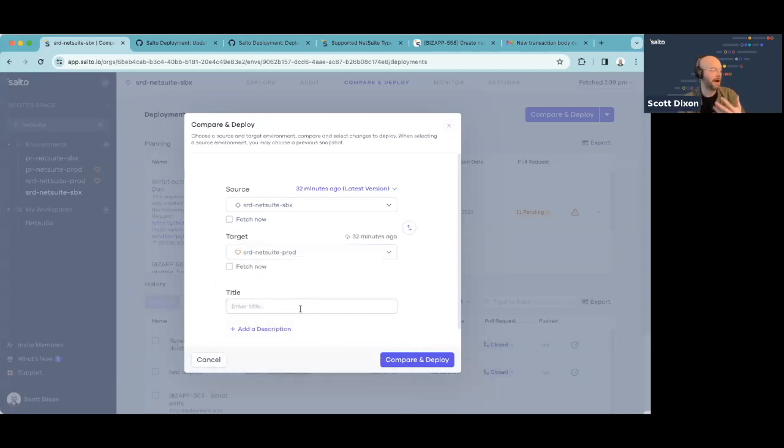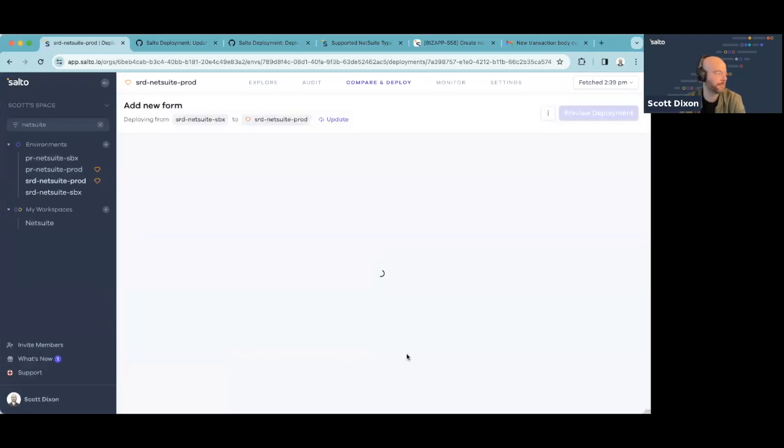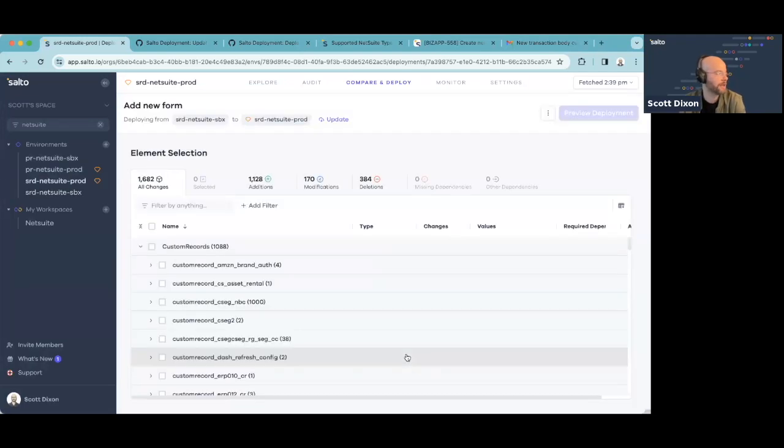production environment. Now, I'm going to also use this as an opportunity to demonstrate how to move a form across. So I'm going to call this add new form. And I'm going to create a new comparison. Now, instantly, Salto is going to show you all of the differences between those two environments. So in this case, it's showing me, in the direction, if I want to make my production environment mirror my sandbox environment,